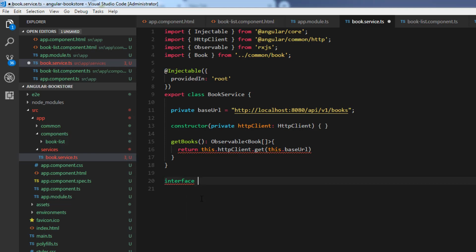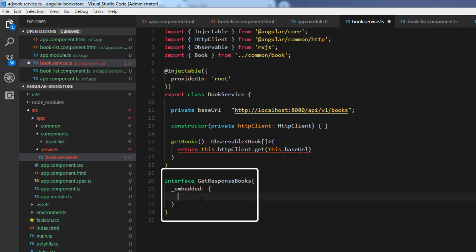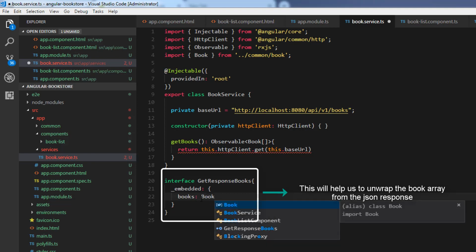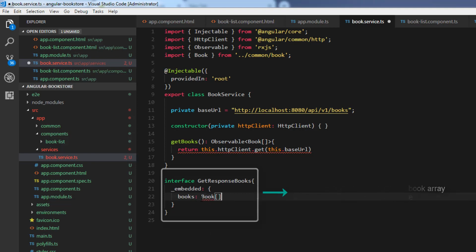Interface, I'm going to call this GetResponseBooks. You can give any name you want. Inside this we need to extract the book array, and the book array is wrapped inside the _embedded. So let's create a property _embedded, and within that I'm going to create an array which is a book array.